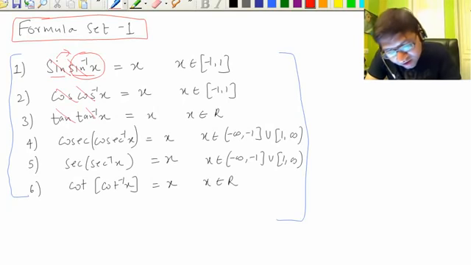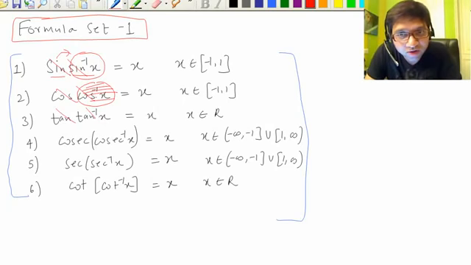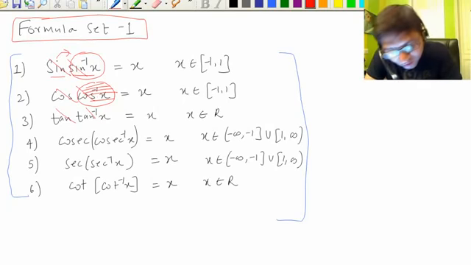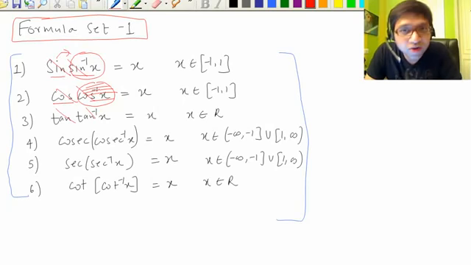Otherwise it's something like this. Let's read this. What is this? It's an angle whose cos is x. That's how we read cos inverse. If you take cos of this angle, you get x. We read cos inverse x as an angle whose cosine is x. If you take cosine of that, you get x, and that's what we are doing. We are taking cos of it and saying x, right?